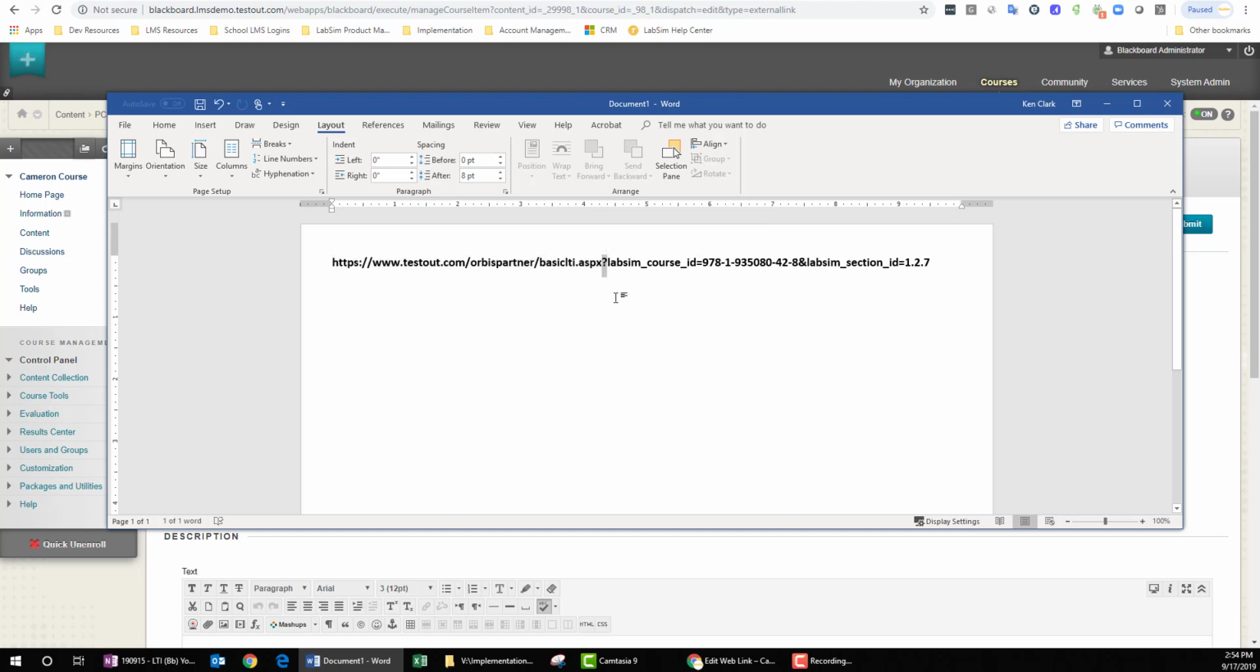And then I have my first parameter, my LTI parameter LabSim_course_ID, which is set equal to the ISBN number that you saw in our course catalog. I have one more ampersand, which serves as a delimiter, and then LabSim_section_ID, which is set to 1.2.7, which within the PC Pro course outline is the lab to which you saw me link here just a few